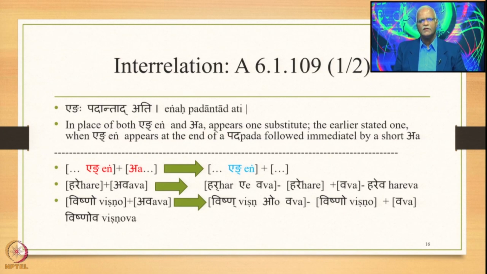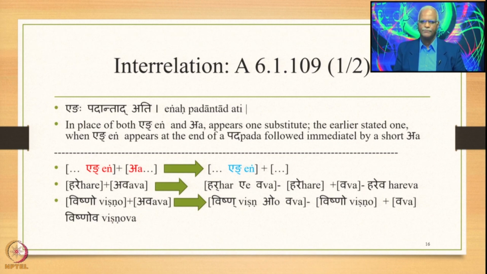First, let us study the interrelation of Engah Padantadati 61109 with Echoyavayavaha. The sutra Engah Padantadati we shall study when we study the second type of Achsandhi, namely Dvisthanika Ekadesha, in detail later on. This is the Purvarupa Sandhi stating sutra Engah Padantadati. What it means is, in brief, in place of both